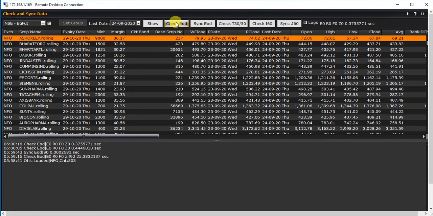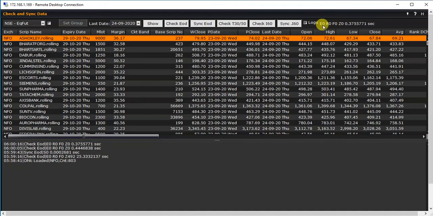At some time interval, you have to click on check EOD again and again, and you have to watch the number which is appearing adjacent to E. If the number reduces to 0 when you are clicking check EOD at a time interval, suppose 1 minute, 2 minutes later, then if the number reduces to E0, that means your EOD data has been synced, it is updated now.